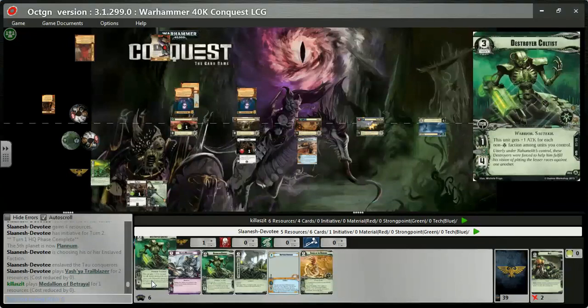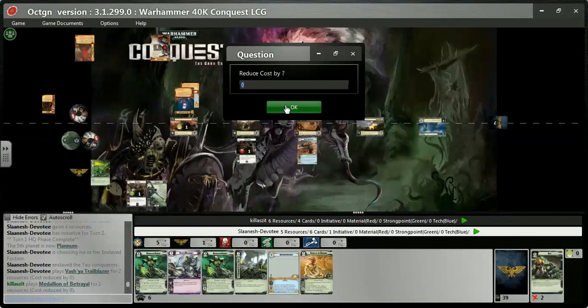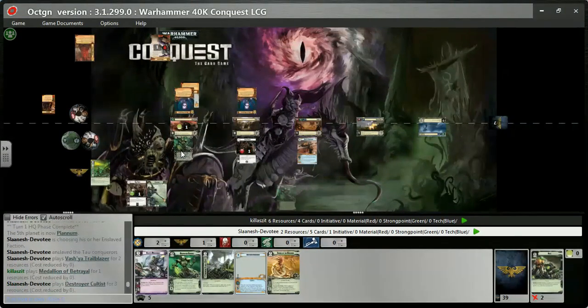Right, so I'm wondering about how I can slow down that unit. I decided to go for the Destroyer Cultists, and I've completely forgotten to use my Sautek Complex, which is a shame. I would have drawn another card probably, although I could have gone for a resource had I needed it. And, oh, really bad timing. I should have put out my